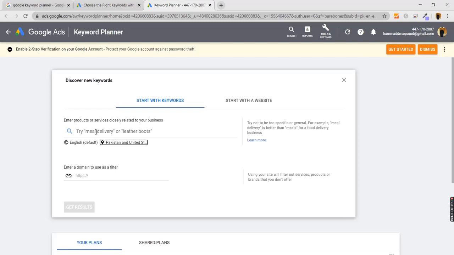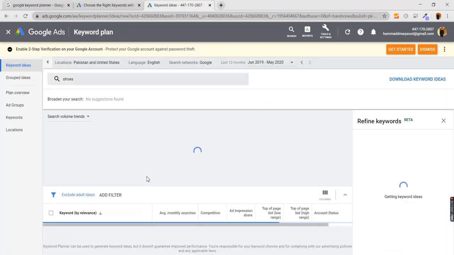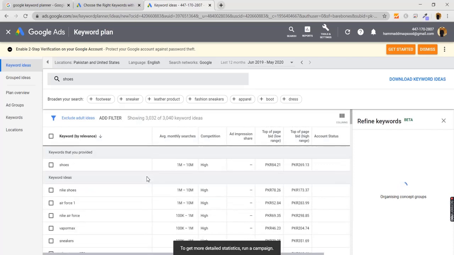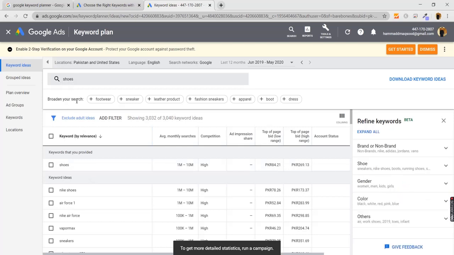Like if I want to get the keyword ideas against shoes, I can click on it and search for shoes, hit enter, and it will show me the results. And here you can see it has extracted all the keyword ideas against this single keyword, that is shoes.